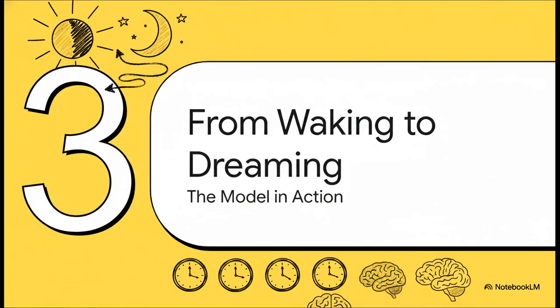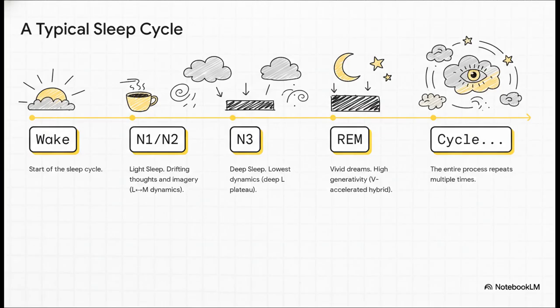So you might be thinking, this is a cool theory, but does it actually map onto real life? Well, one of the most powerful ways to see it in action is to just look at what our minds do over 24 hours, especially when we go to sleep. We all know that sleep isn't just flipping a switch off and on, right? We cycle through these different stages, from light sleep down into that really deep sleep, and then back up into REM sleep, which is where most of our vivid dreaming happens. And we do this over and over all night long.